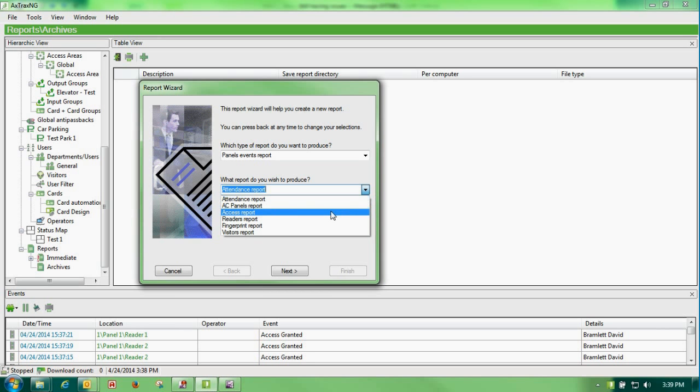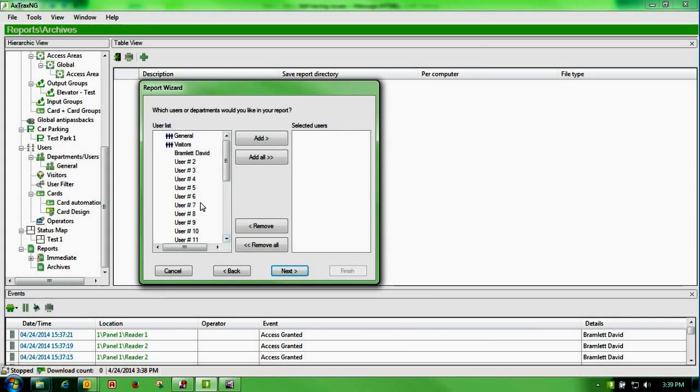But the primary one that we use for it, that everyone wants to know, is they had some vandalism, they had somebody break in, they had something stolen, and they want to find out who did it. Or they think somebody broke in, they think they know who it is, and they want to find out when. So what we do in this case is we would select the individual, we would select all of the people in the group,